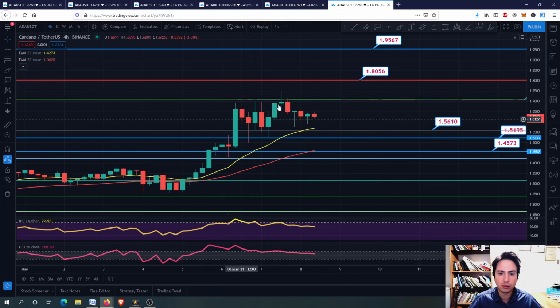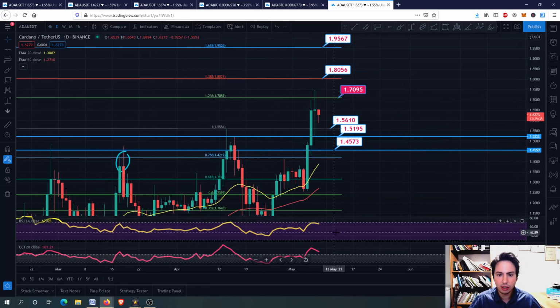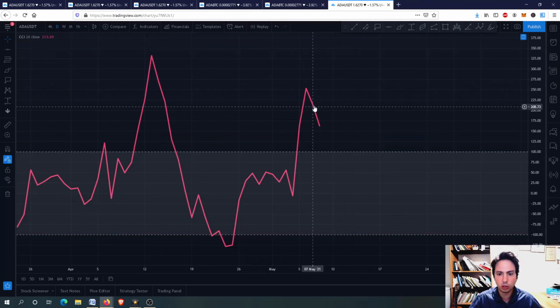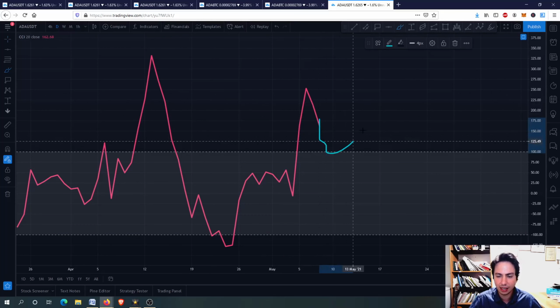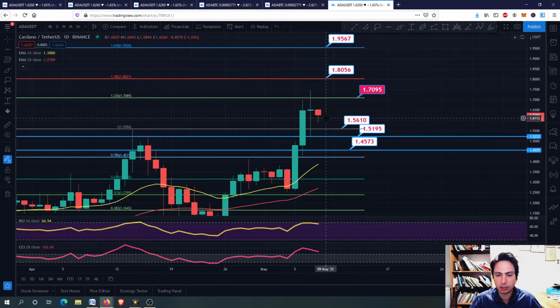If you've bought around this area, remember, guys, to HODL your position and never sell when you are at a loss. Right now, ADA is looking good for the midterm as well. For the daily frame, guys, we haven't lost anything yet. We are just having this superstar candle, and we might retrace to 1.56 and 1.51. If we do that, according to the commodity channel index, because it is just above the 100, we might hit this line here going upwards, or we might hit further down. So you have to wait for the daily frame. You have to wait a little bit. That's why I'm telling you to wait, guys.